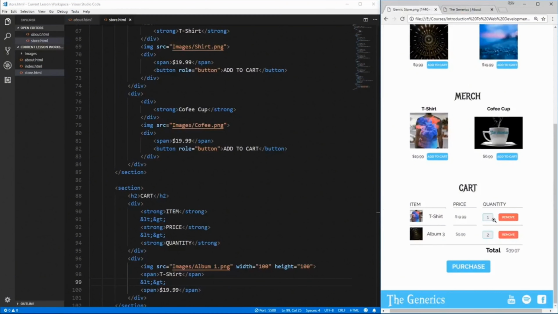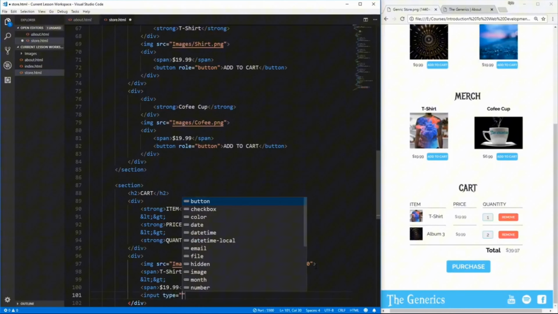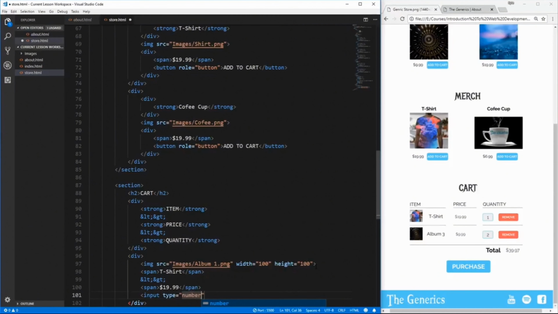Next, we need to add in this input that allows users to select the quantity of item that they want, where they can type in any number that they want in here. In order to do this, we're going to use an input element. An input element is an empty element that allows us to create an input of various different types. In this case, we're using a number input, so we'll set the type equal to number. There are many different types of input that you can create, but the most common types are a number input and a text input. We will then close that off,